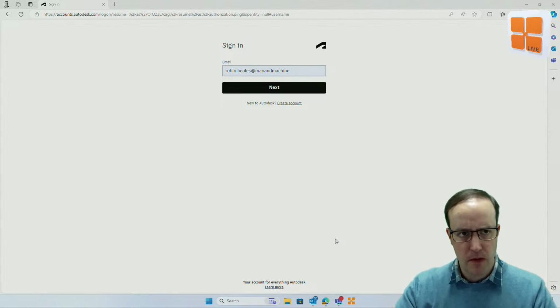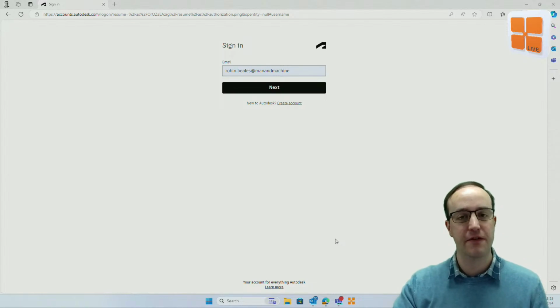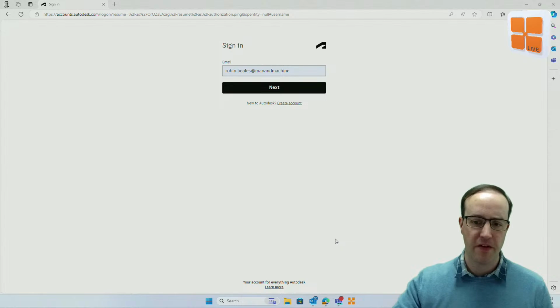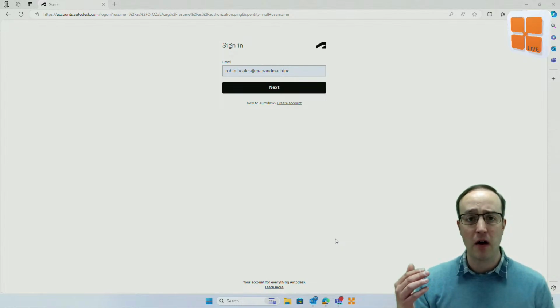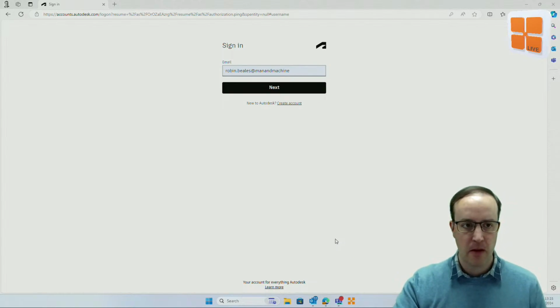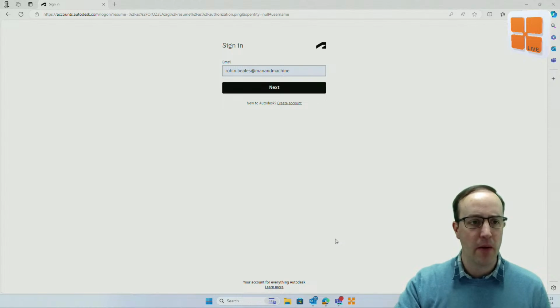There we go. You might need to do this as an administrator the first time round, so speak to your license administrator and get them to come in and start the access, because the first time you access Forma, it's going to ask you to set up a hub and what you want the hub to be called and who you want access to it. I can't show you that today because my hub's already set up, but we go into all products and services,